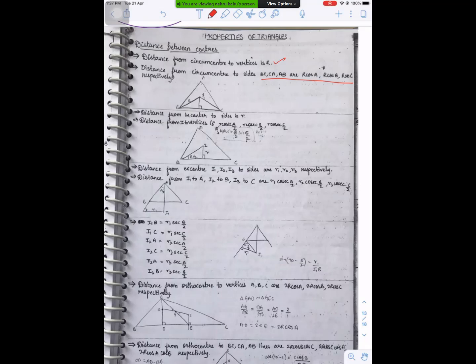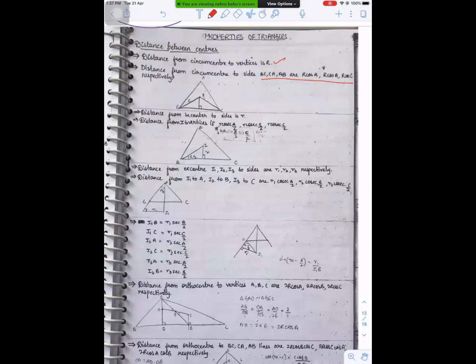But mod is there because if it is an obtuse angle triangle, R cos A is negative. If A is an obtuse angle, R cos A is negative. And if it is a right angle triangle, no doubt the circumcenter lies on one of the sides and the distance from that center to that side is 0 only. So R cos A is not a problem for a right angle triangle and an acute angle triangle. But for an obtuse angle triangle, R cos A is negative if A is obtuse. So you can remember the formulas R cos A, R cos B, R cos C, but if it is an obtuse angle triangle, mod is there. Magnitude wise, this result is correct; sign wise, it may vary for an obtuse angle triangle.